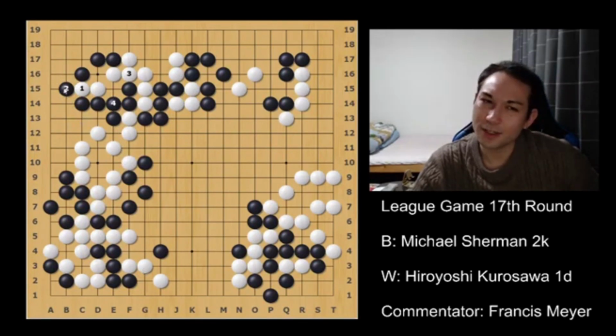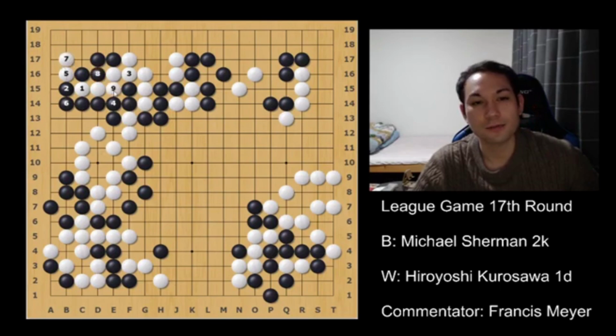I thought this would finish the game, but actually, it's not that easy if black connects. So black can actually play this one and connect. This capturing race, black can win the capturing race. So, not quite finished, but